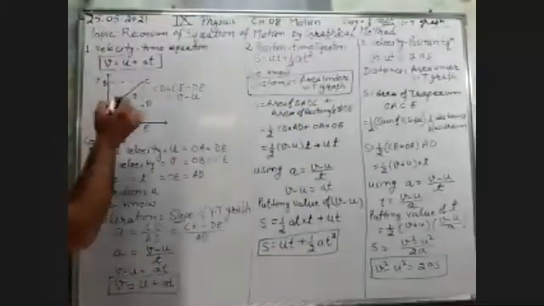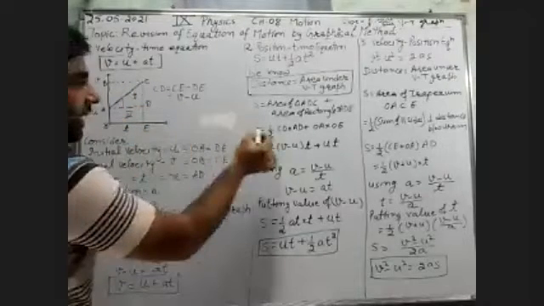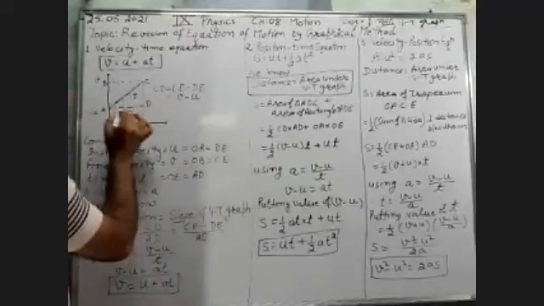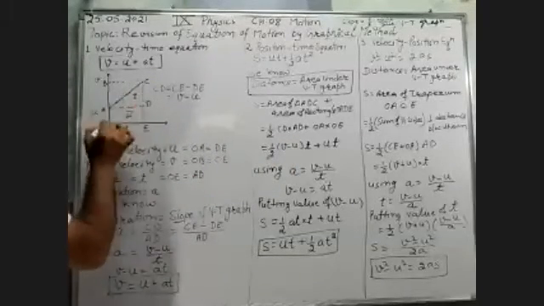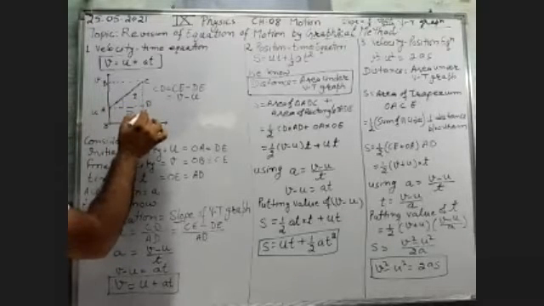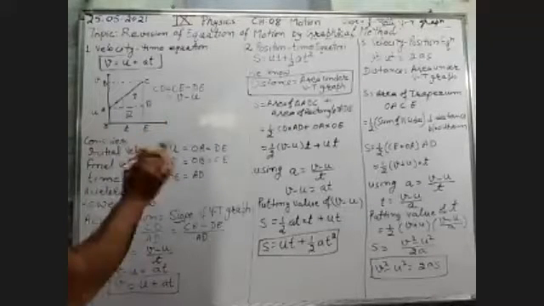So area of triangle, this is a right angle triangle. So we know that area is CD multiplied by base AD. And what is this rectangle? OADE is a rectangle. This is breadth, this is length. So length multiplied by breadth, or breadth multiplied by length, is the area of rectangle.